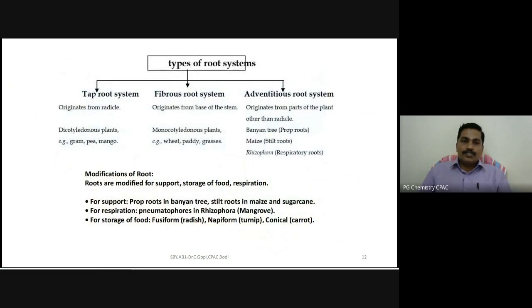And types of root systems: tap roots, for example in dicotyledon plants like gram, pea, mango, and the fibrous root system is an example of monocotyledons, like wheat, paddy, grasses. And adventitious root is another type of root which is also present in the banyan tree and maize. Banyan tree has prop roots, maize has stilt roots, and Rhizophora has respiratory roots. All those things are other types of roots. Okay,